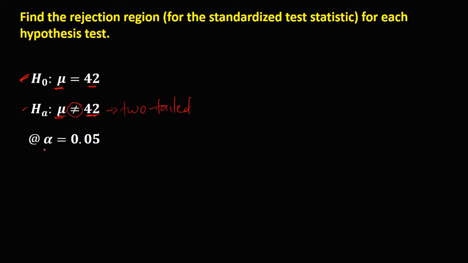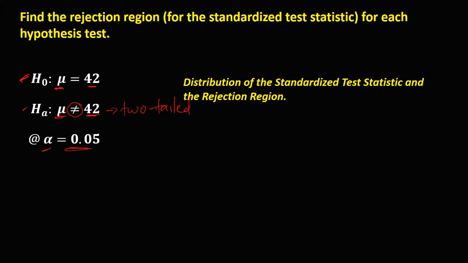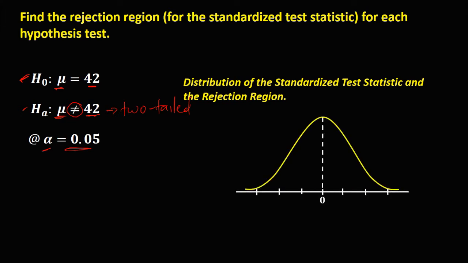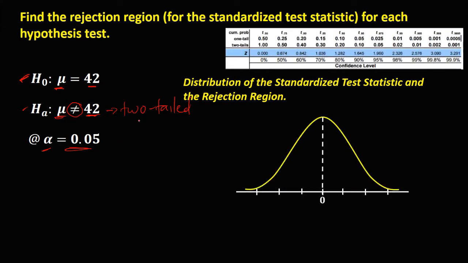Then our level of significance, that's the alpha, is 0.05. So to find now the rejection region, in a normal curve, since two-tailed, under two-tailed, the level of significance 0.05, so this is 0.05. So z now is equal to